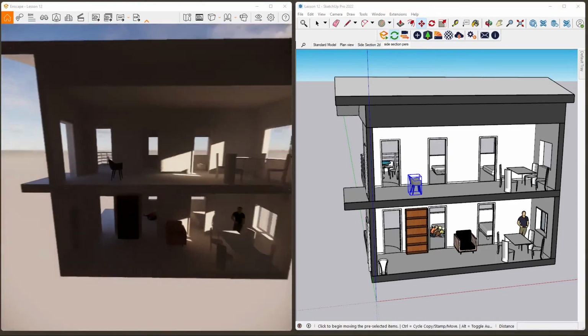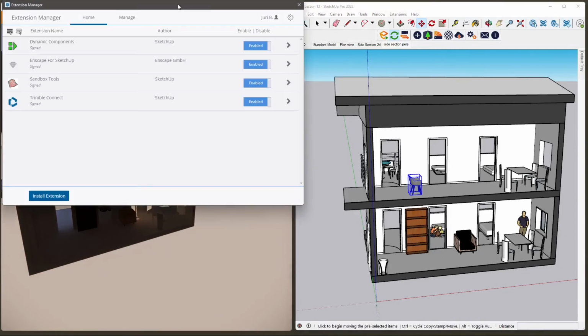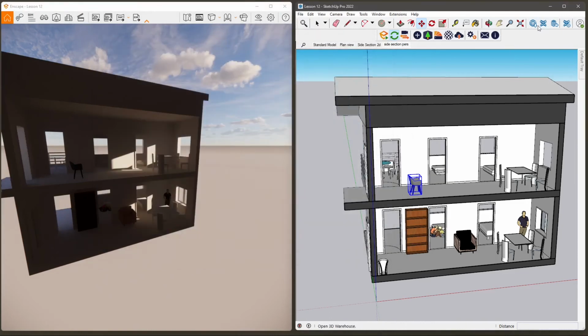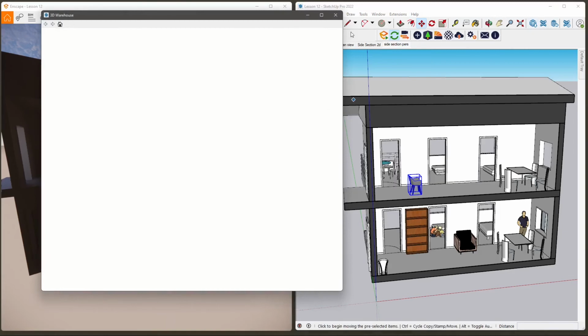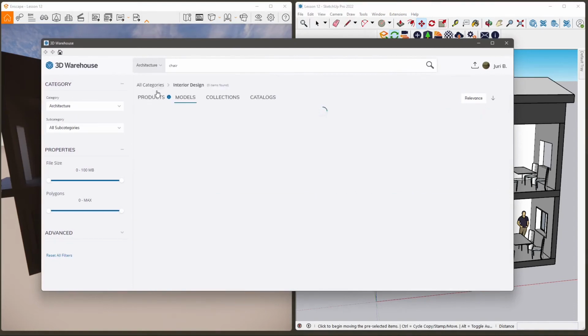So you can use a lot of 3D objects from the 3D warehouse. You can also use an entire scene. Now in that case, you can see here you can also use other extensions in SketchUp, but I want to show you the 3D warehouse again. So you can use entire architectural scenes, where you have entire houses or mansions that you can use. So search here, search for products,